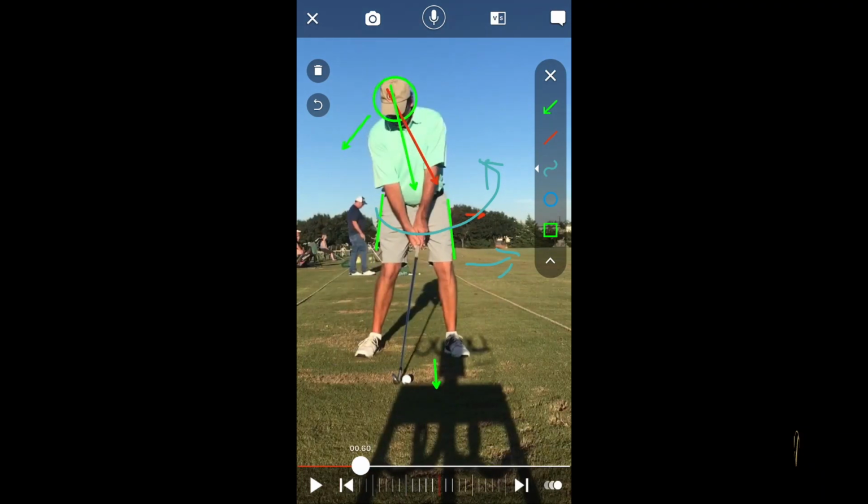What do you think, gents? If you can get rid of those lines, Mike, for a sec. Yeah. I just want to touch on a couple things, just two things that I can point out maybe that he can improve, specifically with this particular club. If you can just wind him up,